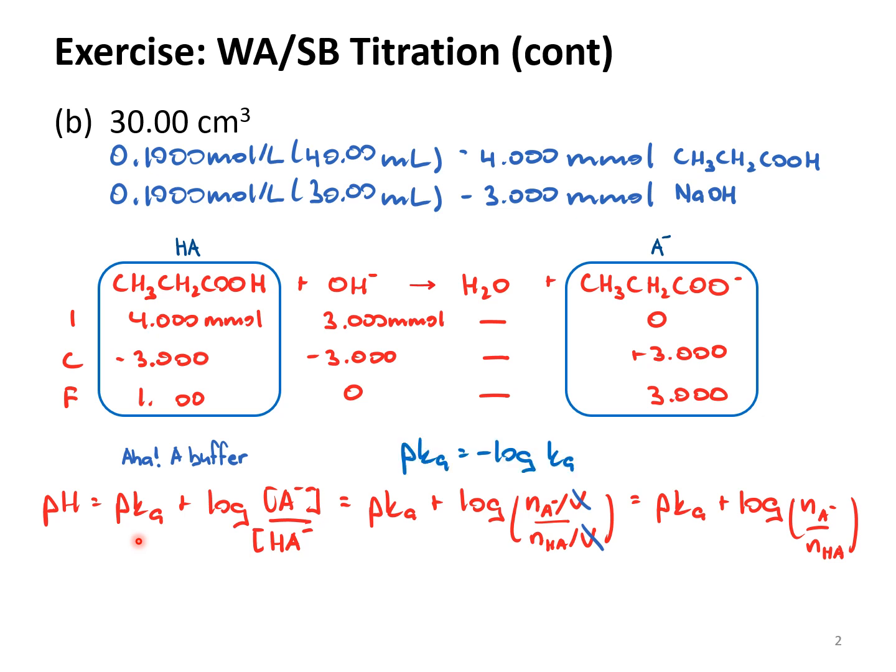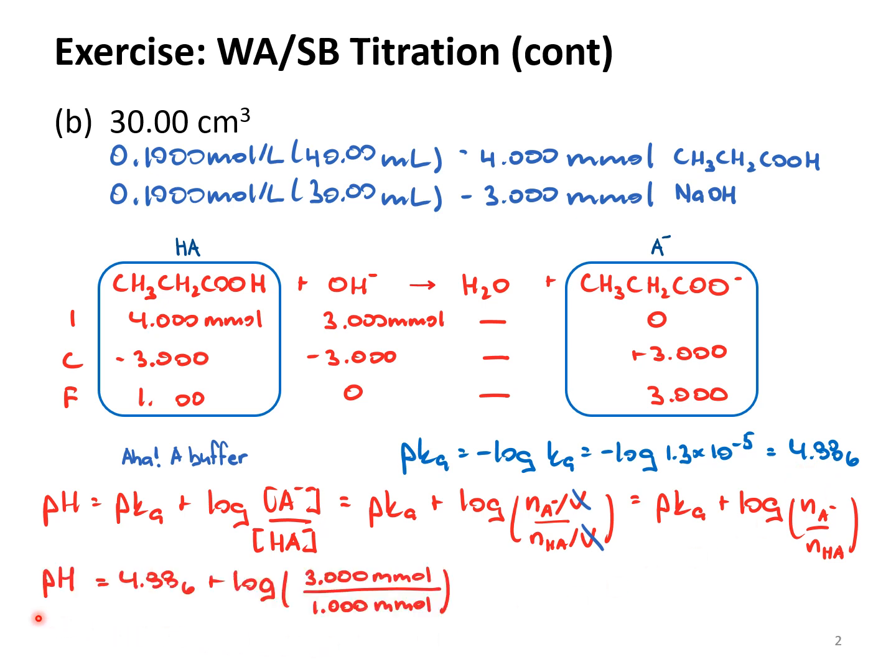However, we know that we can calculate the pKa from the Ka using the equation pKa equals negative log of the Ka, and just substituting the value of the Ka into that equation gives us a pKa of 4.886. So now we can calculate the pH, which is